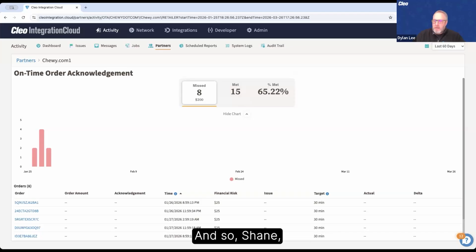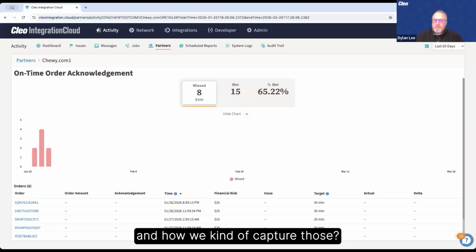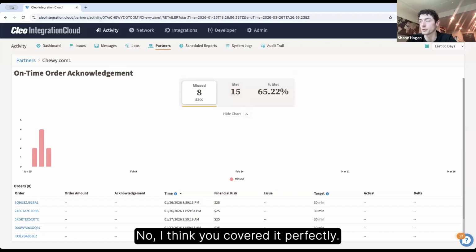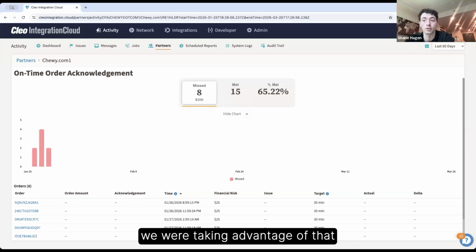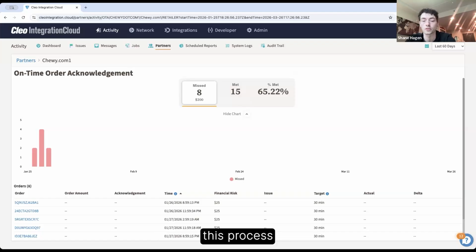Shane, anything else to add from what happens inside CIC and how we capture those? No, I think you covered it perfectly. We're in a unique position where we see all of this data, and we're taking advantage of that by driving the context and letting you orchestrate these processes end to end.